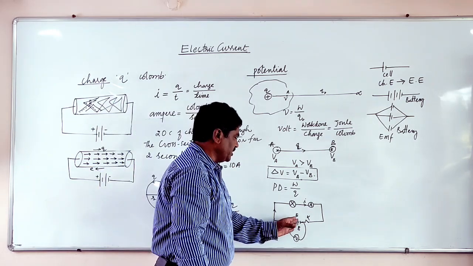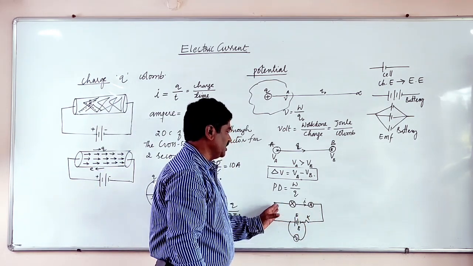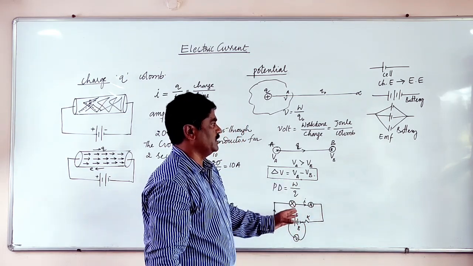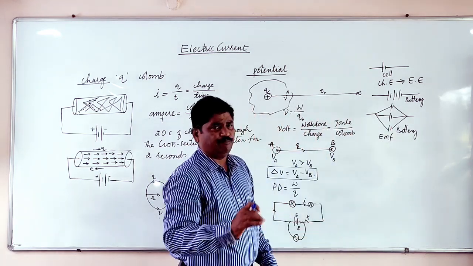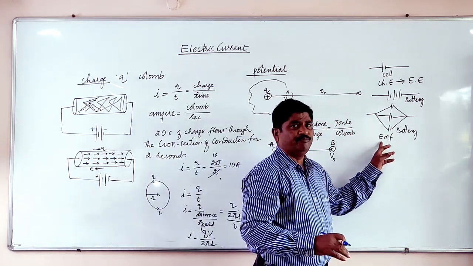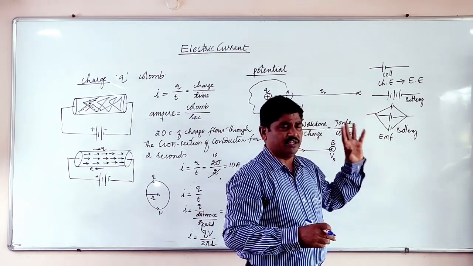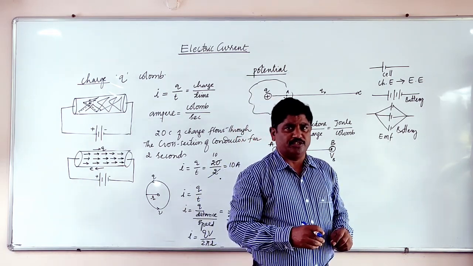Because this drives the electrons into the circuit, the potential gradually drops and again it refills, continuously. So when the cell is not connected to anything, that is the EMF. If the cell is connected to a closed circuit, that becomes the potential. That is the main difference between EMF and potential.